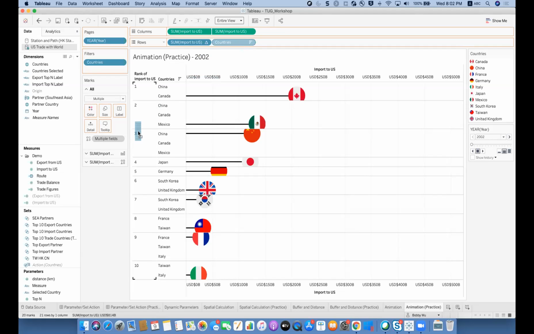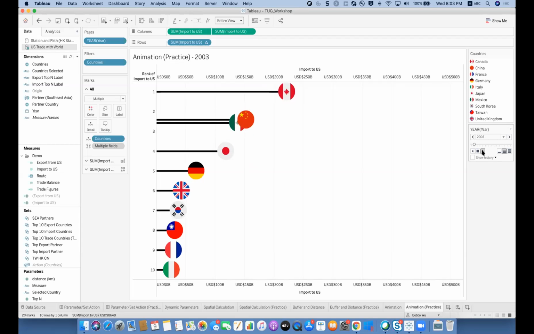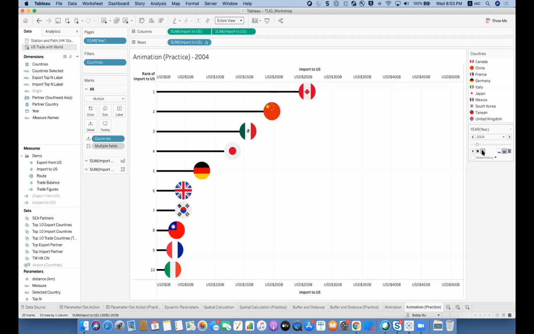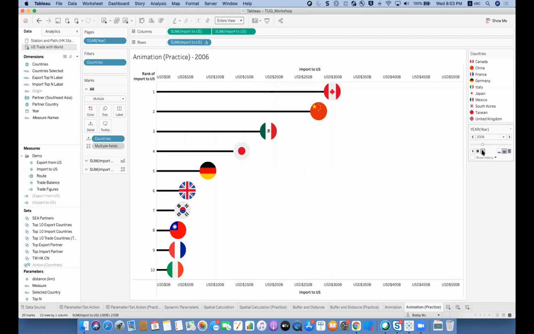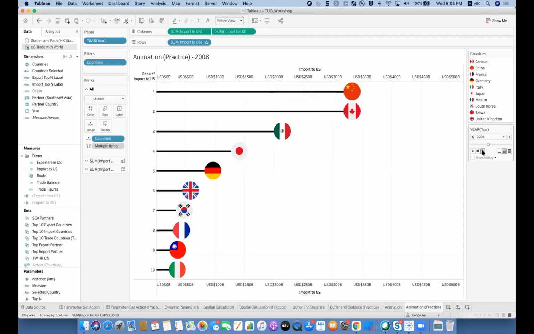We just drag countries into the details here, okay? And just like that, you can see that the ranking now is in the right order. And currently we are looking at 2002 specifically. And if we play this animation, you can see that the ranking stays from 1 to 10, but the country will change accordingly because the ranking is now done after the page and after all the filters that have been done. So in this way, we can create an animated